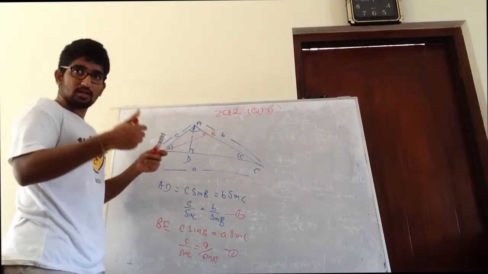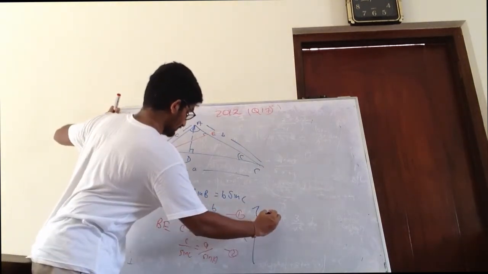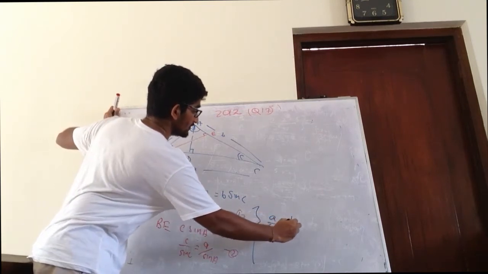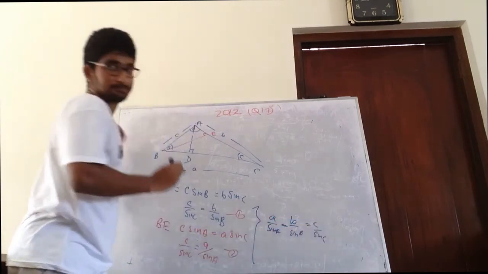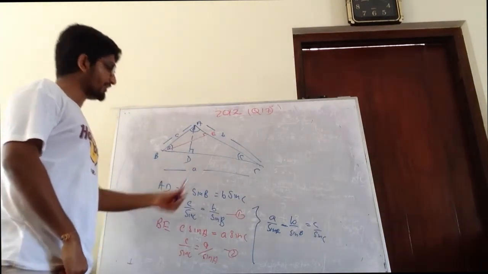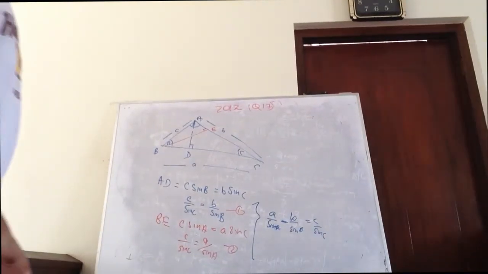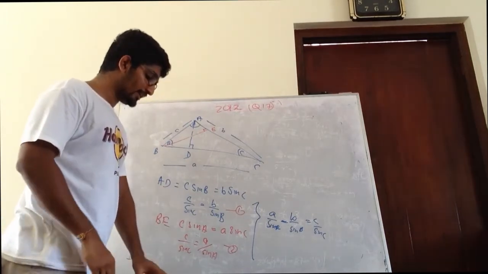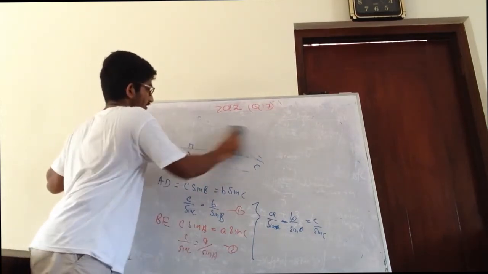So if this is 1 and this is 2, then C over sin C is the common one. So you can put this all together and write it as A over sin A equals B over sin B equals C over sin C. So this is a very easy part. So write this down. Then they are asking us to deduce that A equals B minus C, this thing.